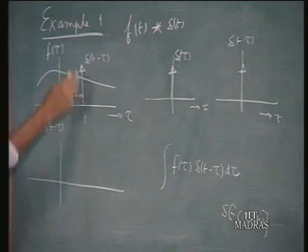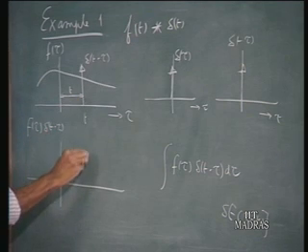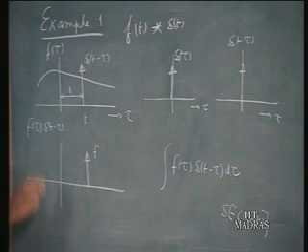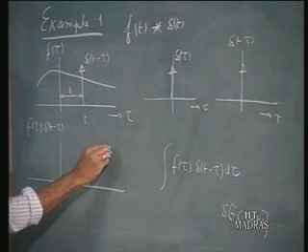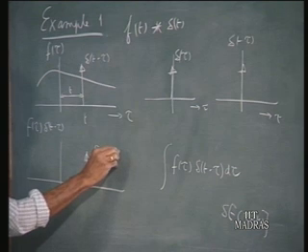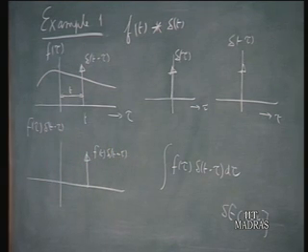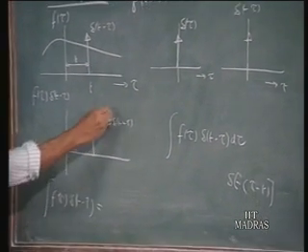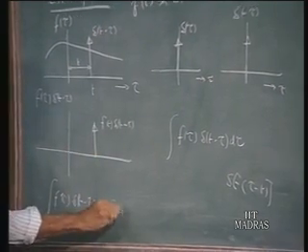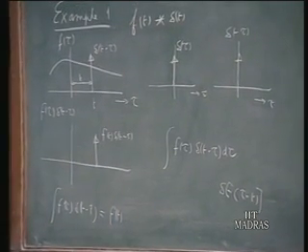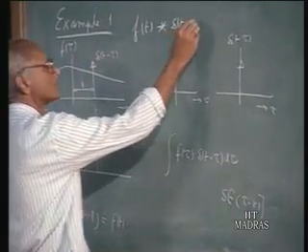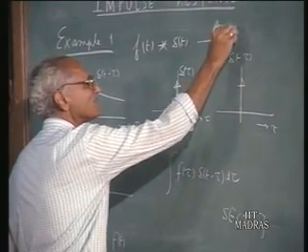What you get is, because delta is 0 everywhere else except at this point, you have a small delta here whose value is f at the value t, f of t delta t minus tau. And when you integrate that, f tau delta t minus tau, the area under this curve is f of t. So the result is that f t convolved with delta t is f t itself. Answer is f of t itself.